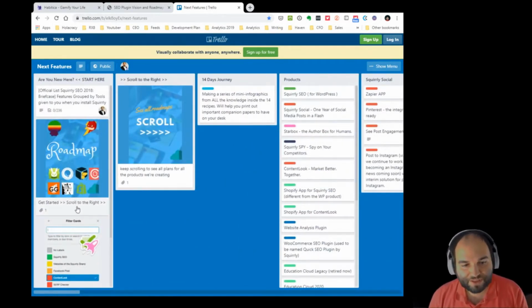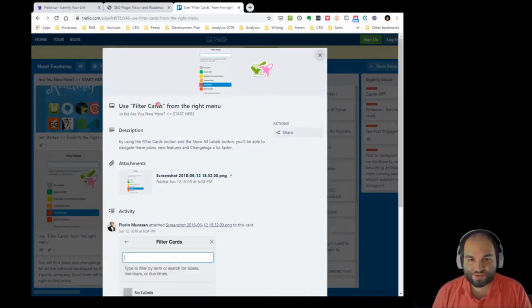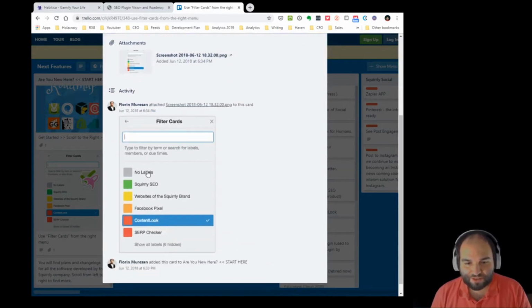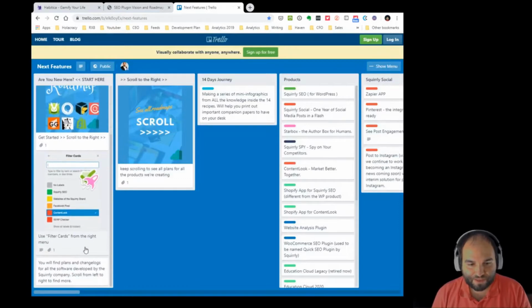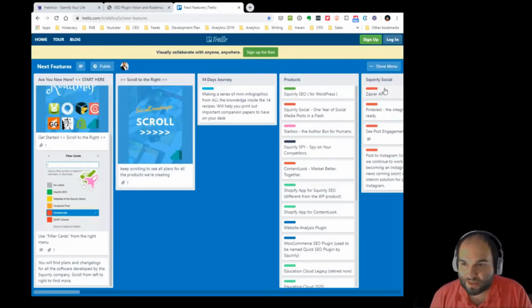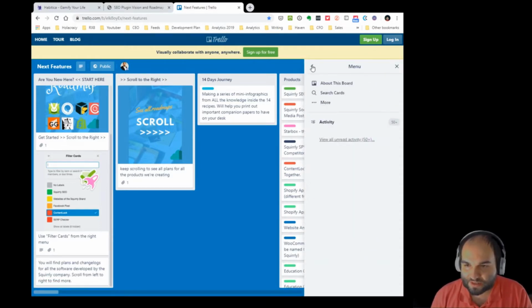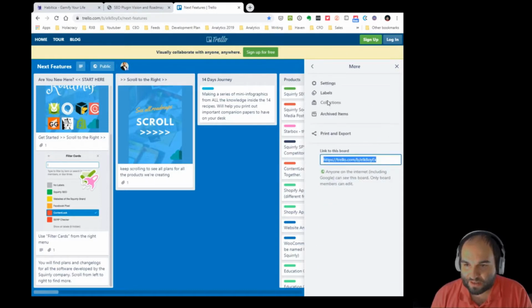Now, if you don't want to get overwhelmed and you're looking just for particulars, then you should do what it says right here. So it says use filter cards from the right menu, and you can see that I've attached a screenshot so that you can easily follow this. And as it says here, you will find plans and changelogs for all the software developed by the Squirrly company. Now I can just click on show menu, right? So just look here, show menu, and then I go here, it says go back, and here